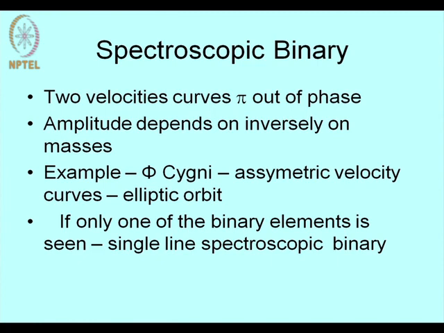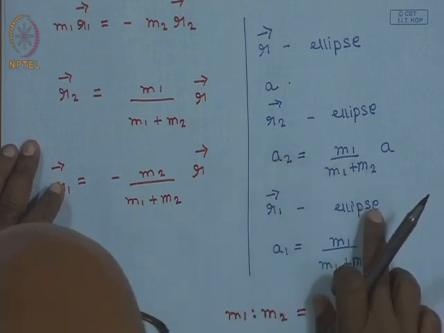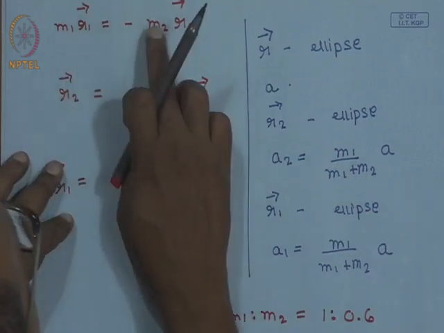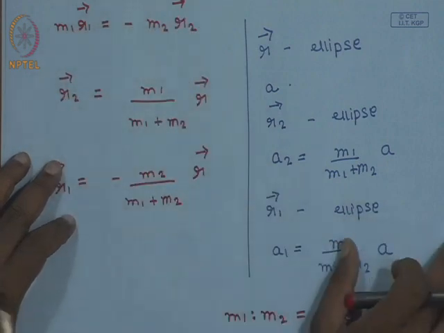So, these are characteristic features of spectroscopic binaries. In a spectroscopic binary you have two velocity curves. If you can identify two spectral lines from the two different objects, then you will find that they have two different velocity curves which are exactly pi out of phase. The velocities of the two objects, the radii of the two objects are inversely proportional to the masses, and the velocity